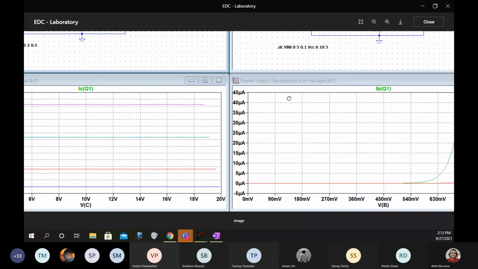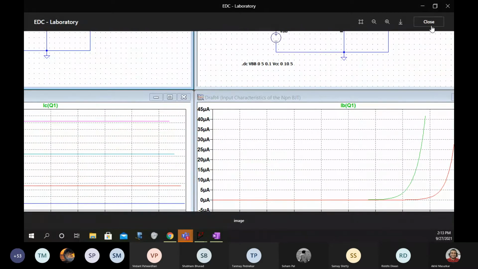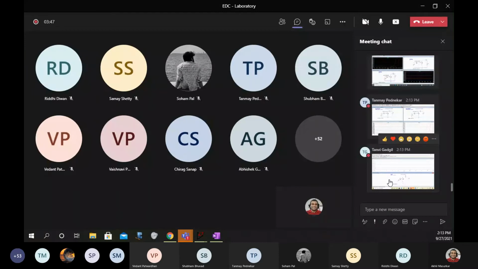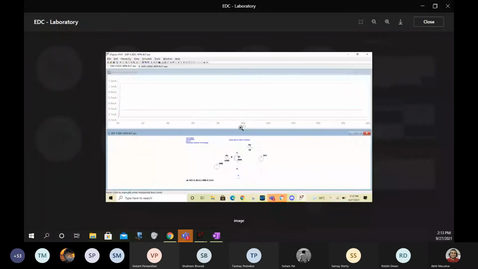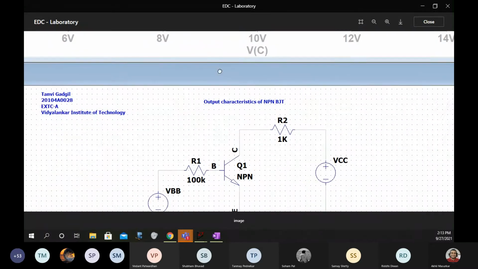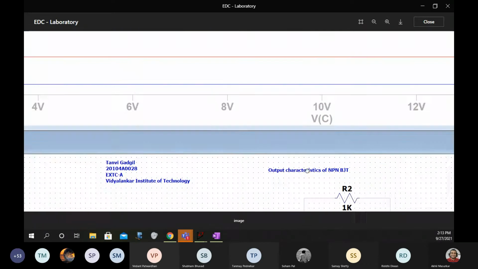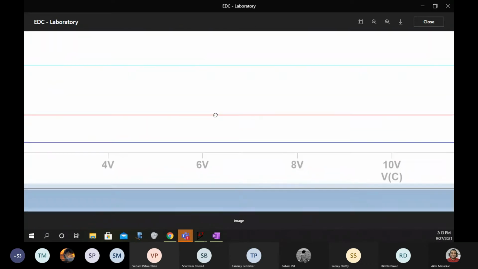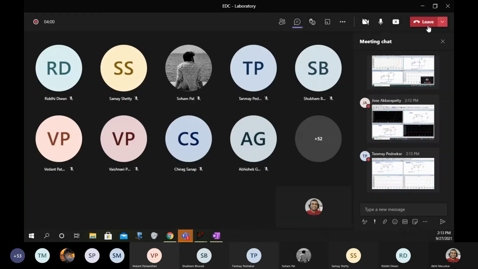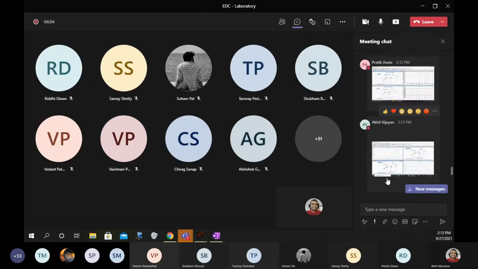Okay, Tanmay, your output is also correct. Tanvi, we want both together. If you are showing output characteristics, then this is fine. Yeah, this is good. Now plot both of them together. Yes, sir.